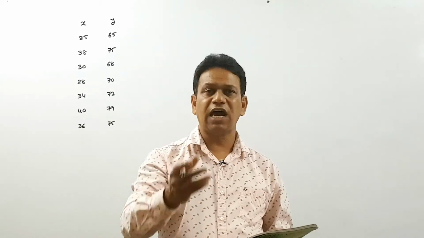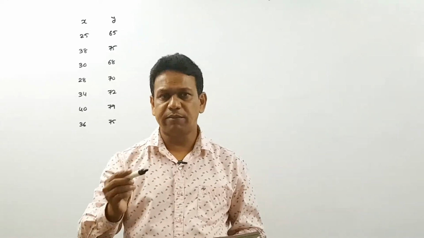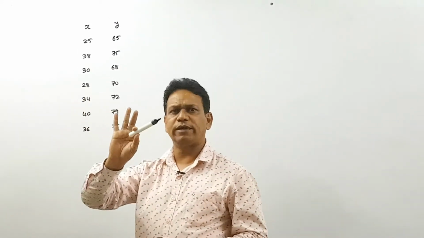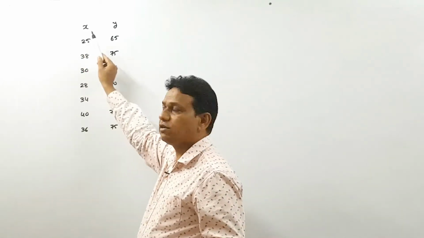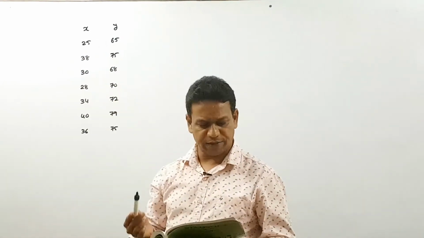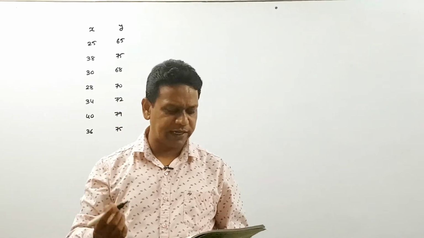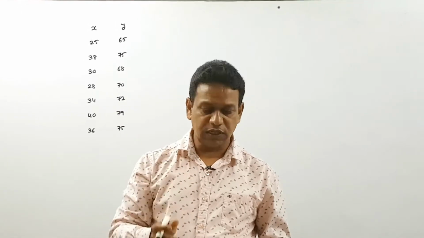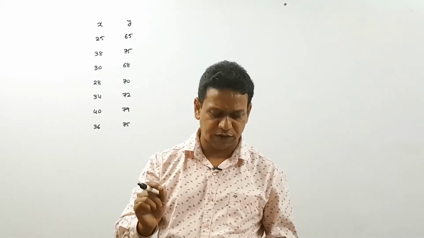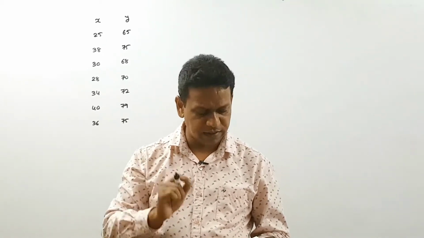So my dear friends, they have given two columns. The first column is called reading hours of the last 3 days. I mention it as x. The first variable you always mention as x, and the second one you always mention as y. The second is marks obtained in the examination. After the given data, they are asking to find the correlation coefficient between reading hours of the last 3 days and marks obtained in the examination from the data, and interpret it.